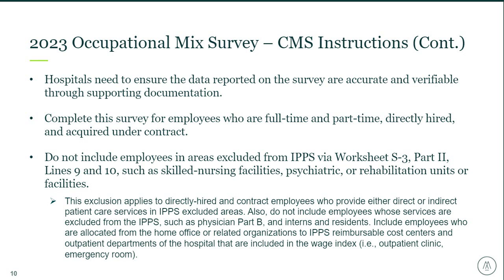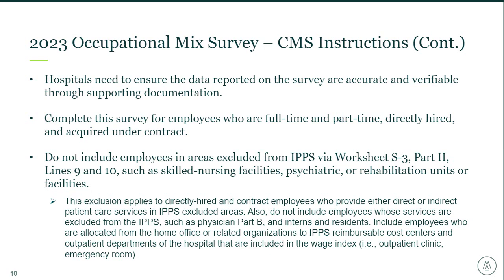The types of hours included in the survey follow the exact same rules as the wage index survey, which outline that holiday, sick leave, vacation, paid time off, severance pay costs, and associated hours must be included in the survey. Hours accumulated in the payroll system to accurately pay employees for shift differential are not counted, but the salary expense is included. We should also remember from the 2019 occupational mix, if there were any adjustments to hours or salaries by the MAC, they should be reviewed and incorporated into the calendar year 2022 survey as appropriate.